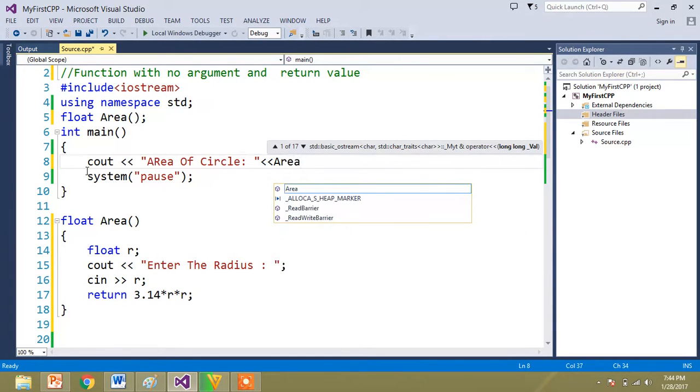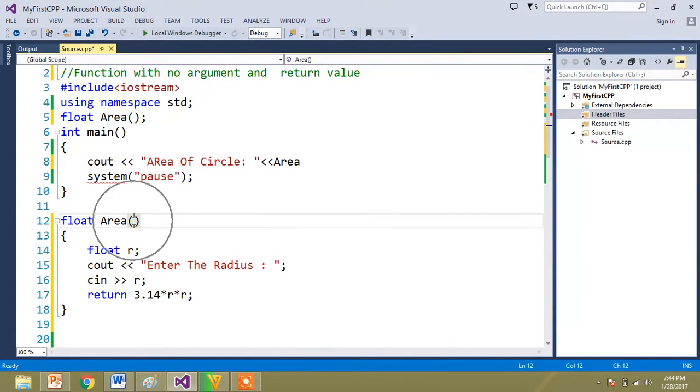It is not expecting any particular arguments. There is nothing, so the variable is not required inside the main. It is directly passing the values and taking the r value, calculating 3.14 into r into r, and it is going to return here. So that's all of it.